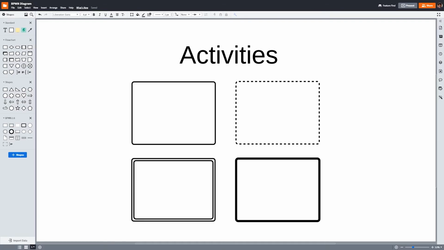Activities are the next type of flow object, and they are the building blocks of BPMN diagrams. They represent specific tasks performed by a person or system, and they're shown by a rectangle with rounded corners. There are 4 main types of activities: task, subprocess, transaction, and call. For sake of simplicity, we'll only focus on tasks in this tutorial.